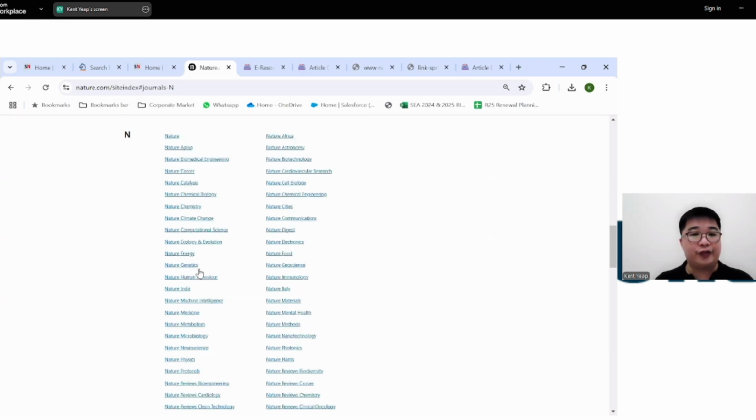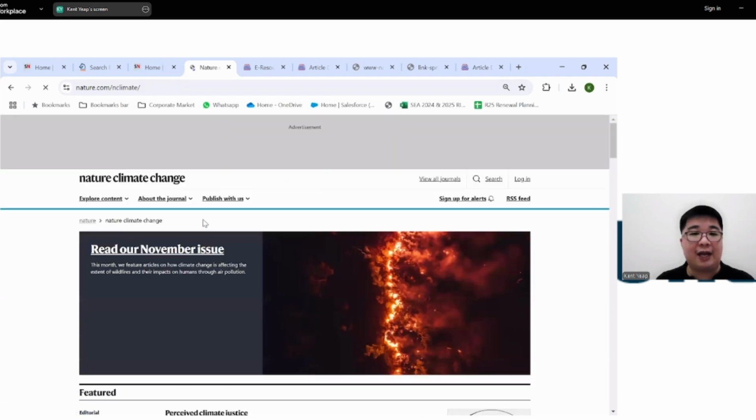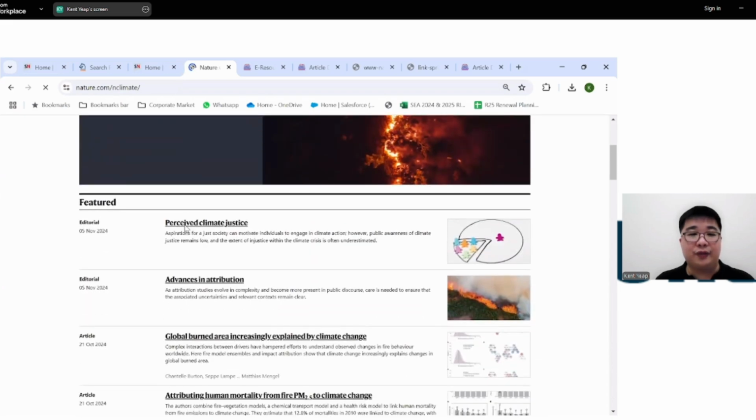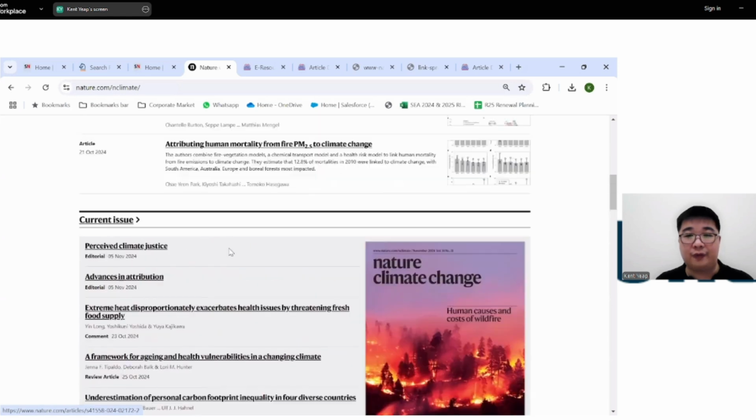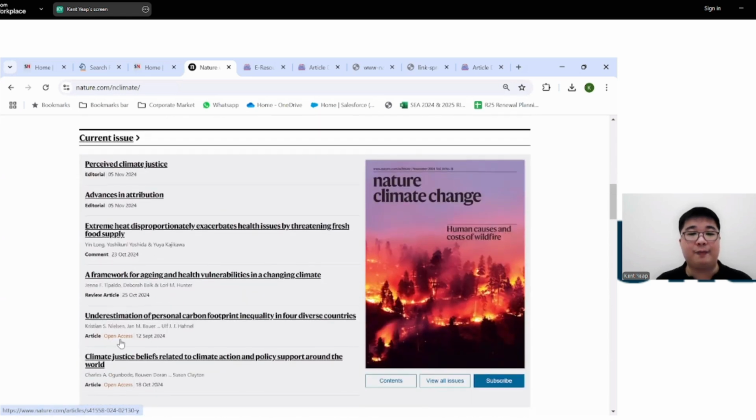So if you're interested in things like energy, computer science, climate change, which I'm sure all of us are in some ways, there are lots of useful, really high quality articles to look for and get access to. Okay, so for example, here, and this is for climate change, this is an open access paper. Even though the library does not subscribe, you can still utilize these resources for free.